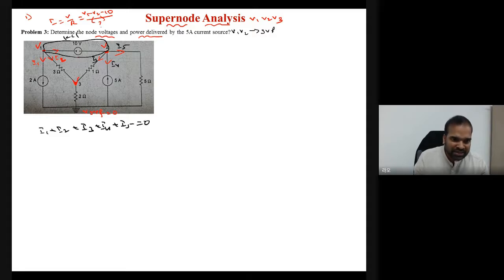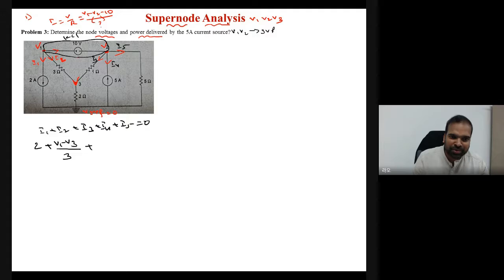So you know, this is my assumed current direction, but the actual current direction is also the same. So I can write plus 2. So what about I2? For the 3 ohm resistor, one end V1 is connected, another end V3 is connected. Therefore V1 minus V3 by 3; of course V reference equal to 0, but it doesn't change anything. So what about I3? This one.